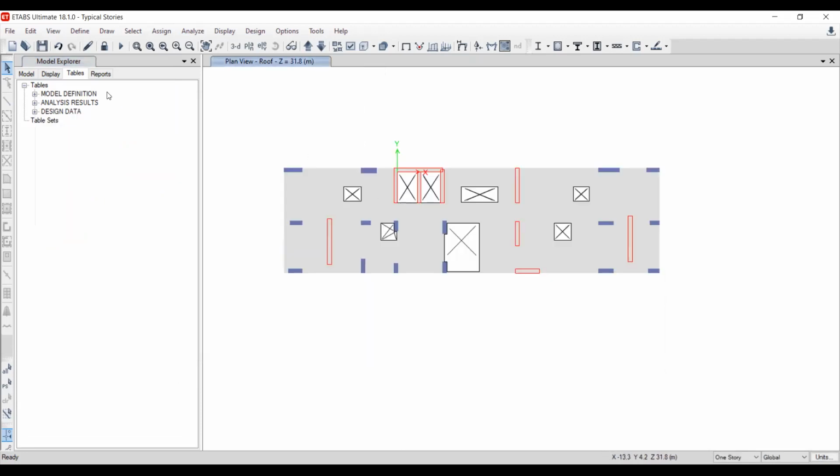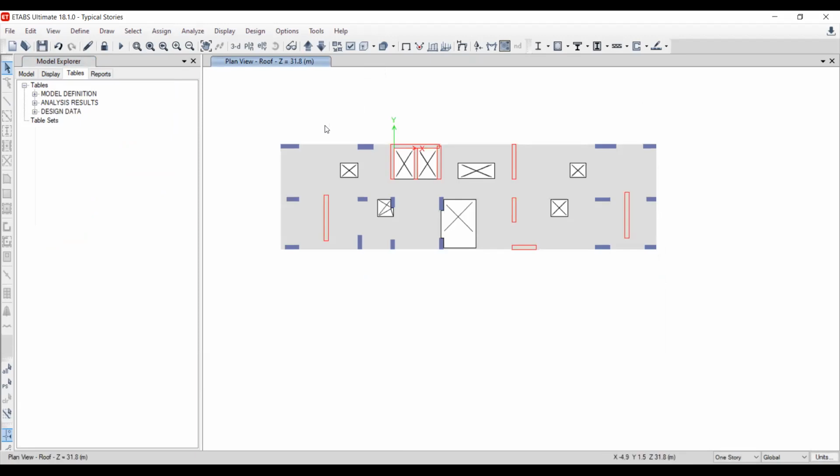So now we know how to make the seismic assessment and the wind load assessment. Now we need to define something called